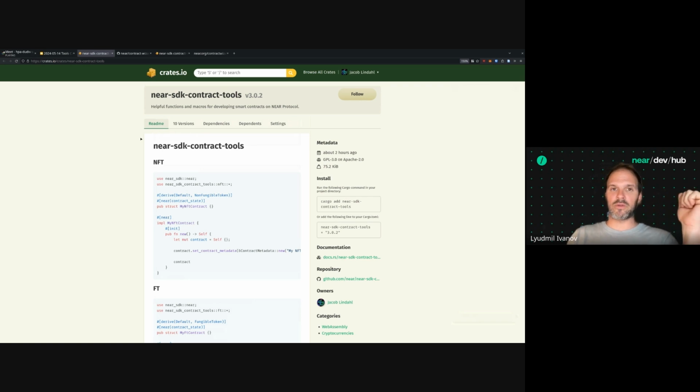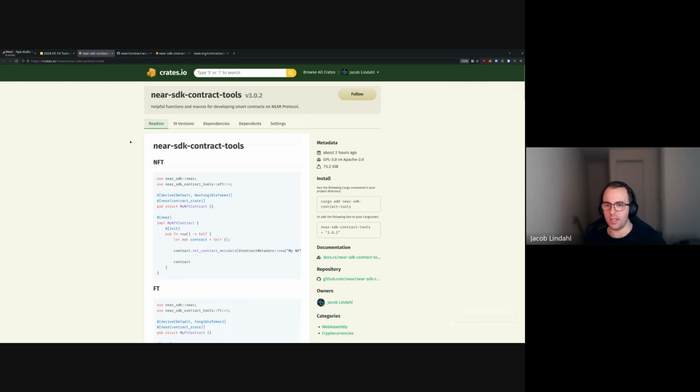And the second question that I have, taking into account the modularity of Cargo Near, I assume that there would be an open space for contribution, where we can make use of near contract standards to make an extension for Cargo Near in order to even further simplify the process of creating these standard contracts, being fungible token or NFTs or something like that. So is this something that you would suggest people to explore?